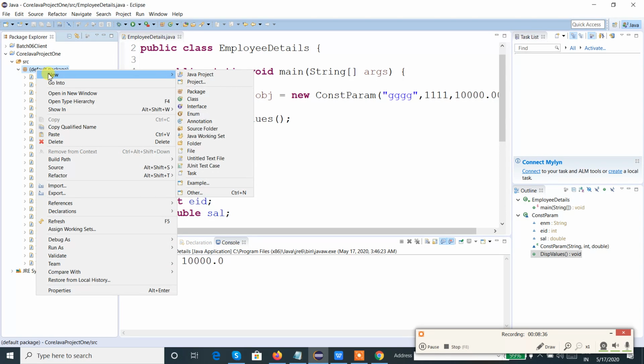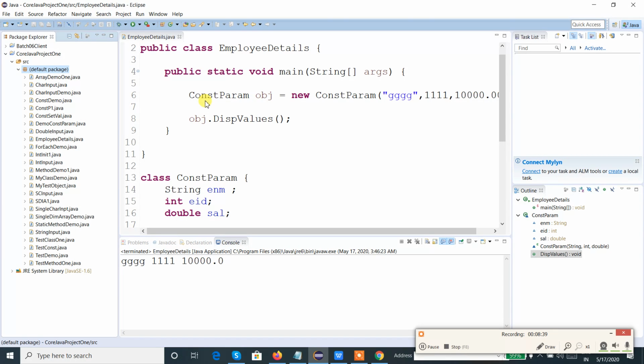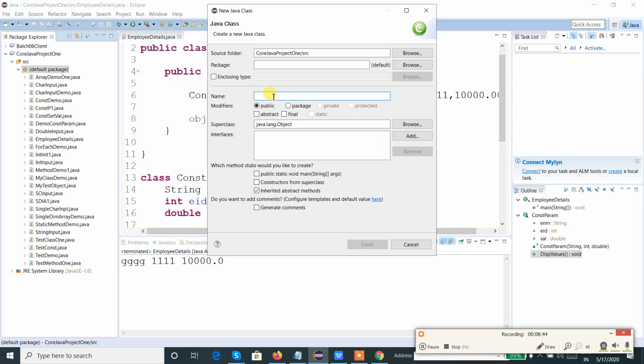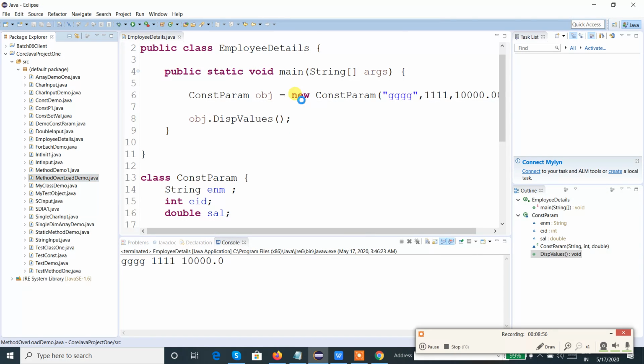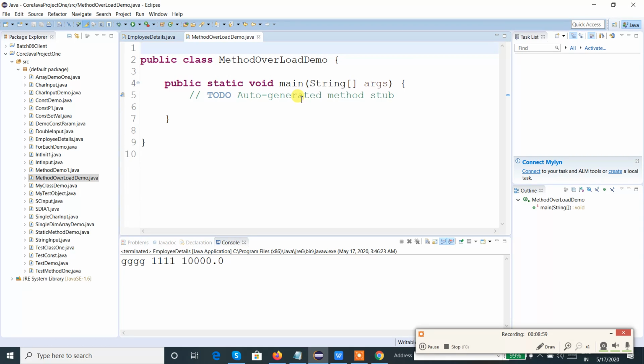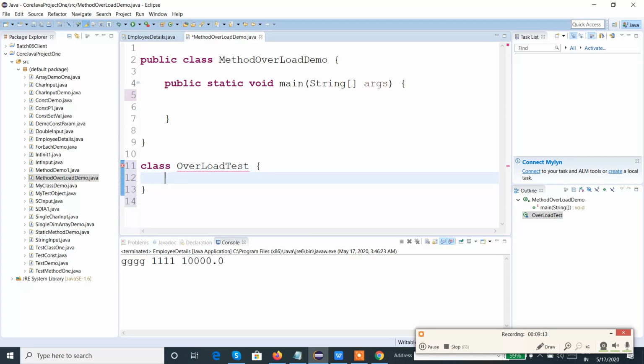I am going for the same project, Core Java project 1. Let me create a class, let's say method overload demo, and let me make it a main class. I don't want this statement. I'll create another class, overload test, where I will create a few methods.